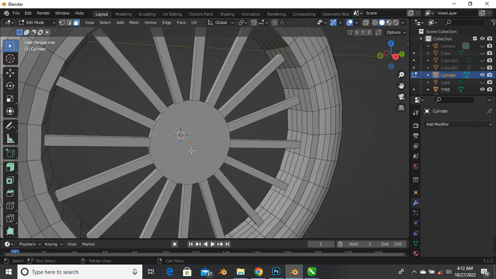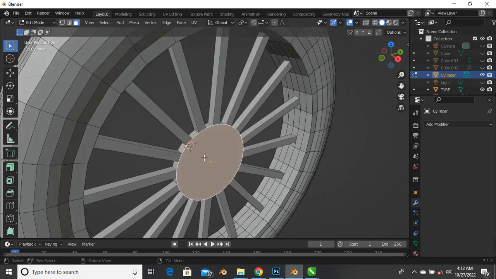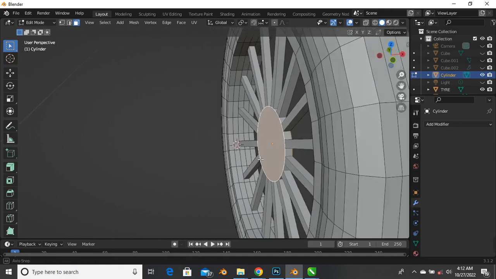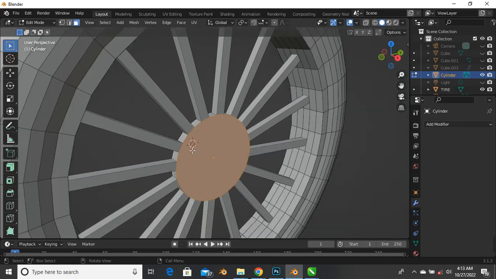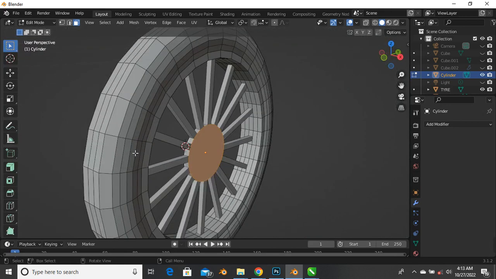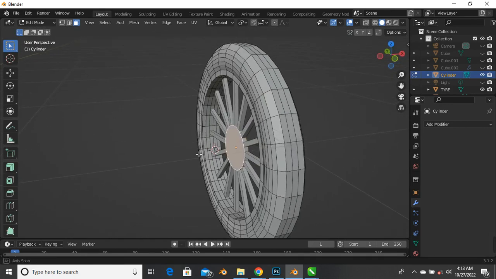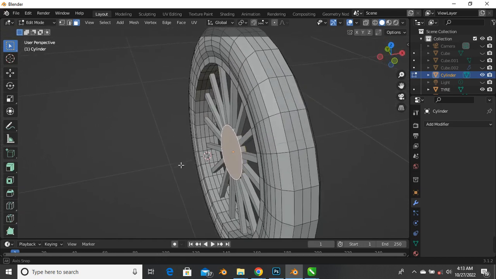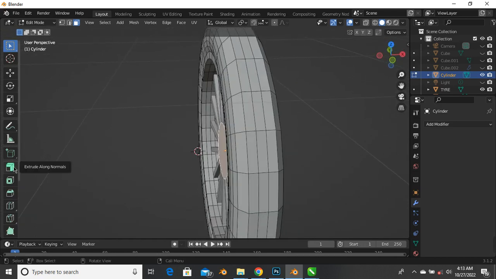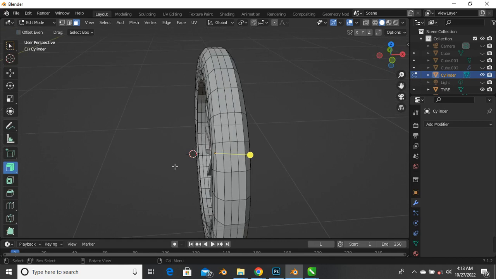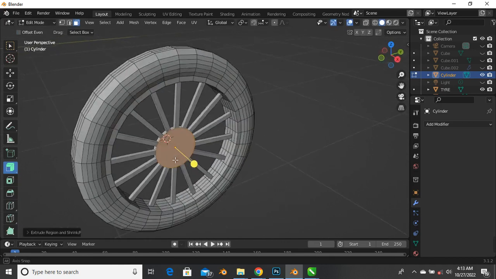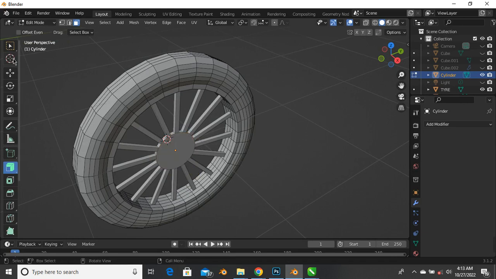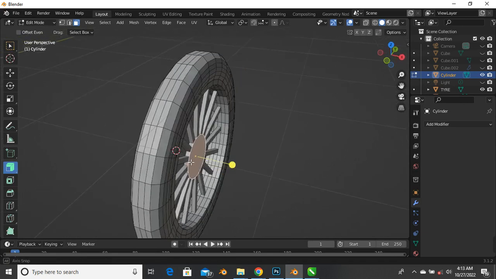So now let's go to face selection and select this face. We can select this face also, and we can say E for extrusion, or we're not doing E for extrusion, because if you say E for extrusion, it's going to extrude on just one region. So let's go to face normal again, extrude along normals, click on that again and extrude. You can see if I say S, no, it's not working, pretty cool. So I can say select this